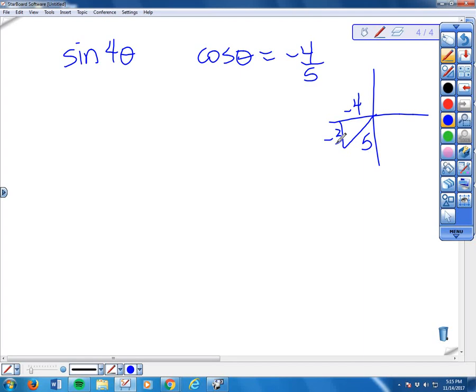Sine of 4 theta, I'm going to use the double angle formula. So I'm going to find it here, which is sine of 2u. I'm going to let u equal 2 theta, because if I take 2 times 2 theta, I get 4 theta. So this 2u is going to be 4 theta. That's equal to 2 sine u cosine u, just using the formula sheet for the sine of 2u. Now I'm going to replace